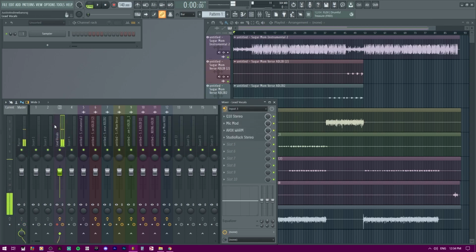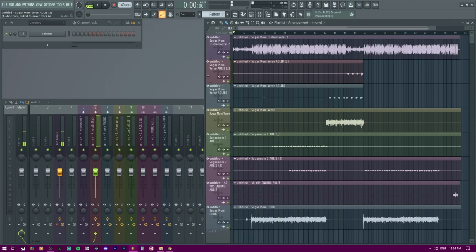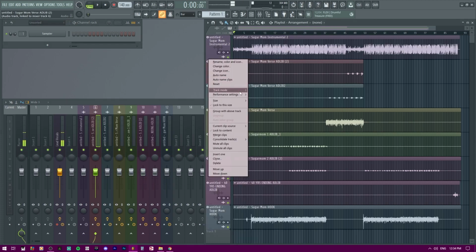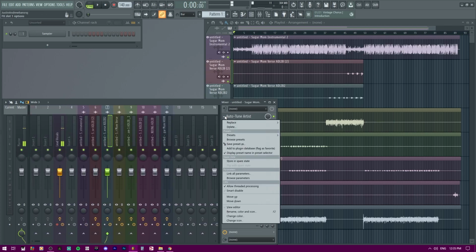Okay, for some reason it threw it into the master insert instead of all these, so I don't know, maybe that's something they could figure out in the future, perhaps. Or maybe I just don't know where it is or how to do it. But this is yet again another way of saving us so much time by being able to load in a plugin into every different insert that we want instead of doing the tedious clicking.